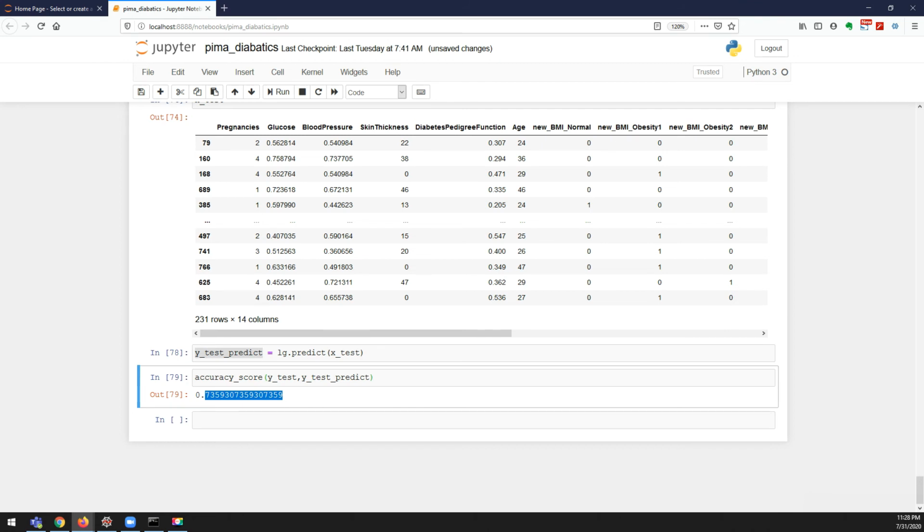But I have a problem. I want to know how many zeros are predicted as zeros and how many ones are predicted as ones. Also, how many zeros are predicted as ones and how many ones are predicted as zeros. Let me put it in a simple way. How many diabetic patients are predicted as diabetic, which is expected?